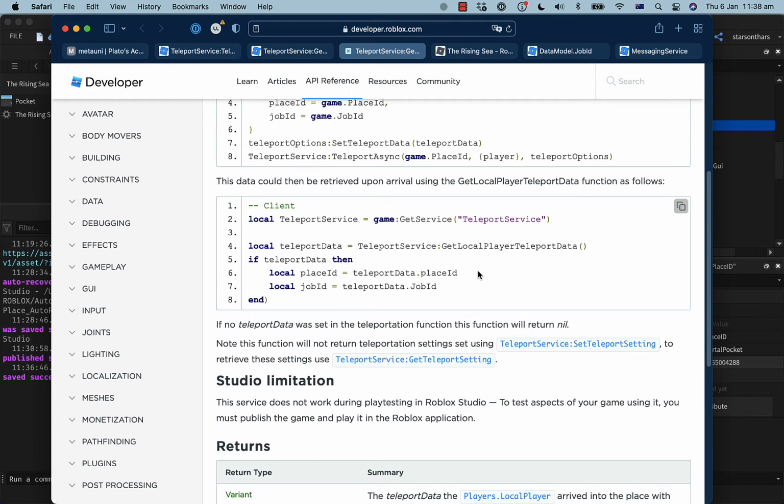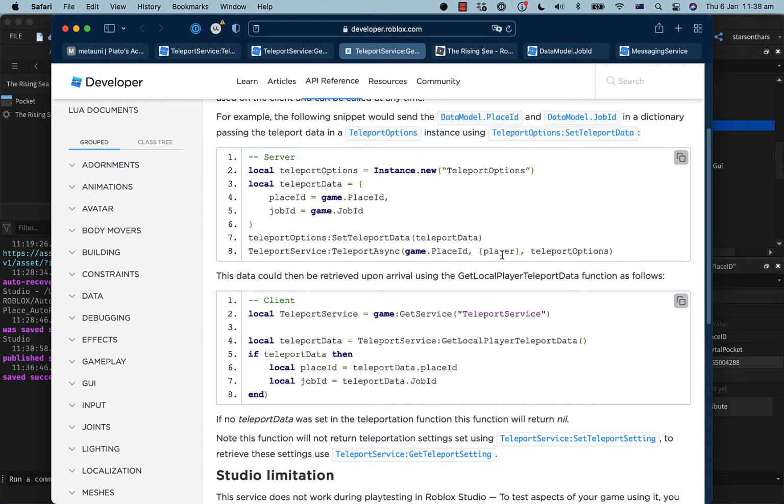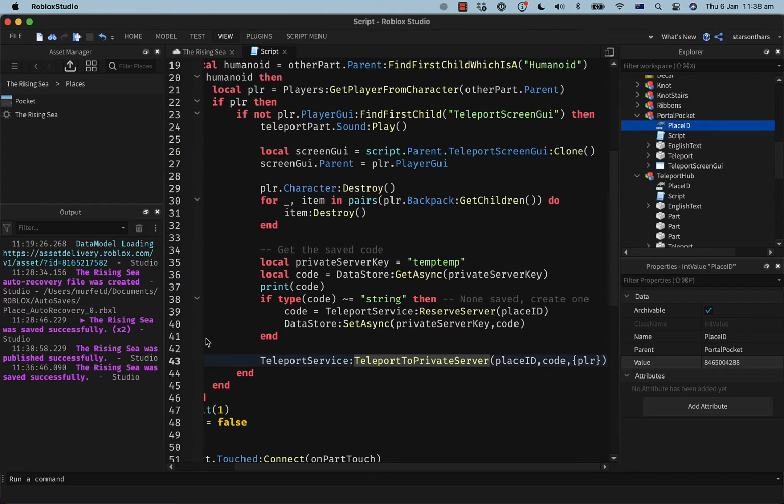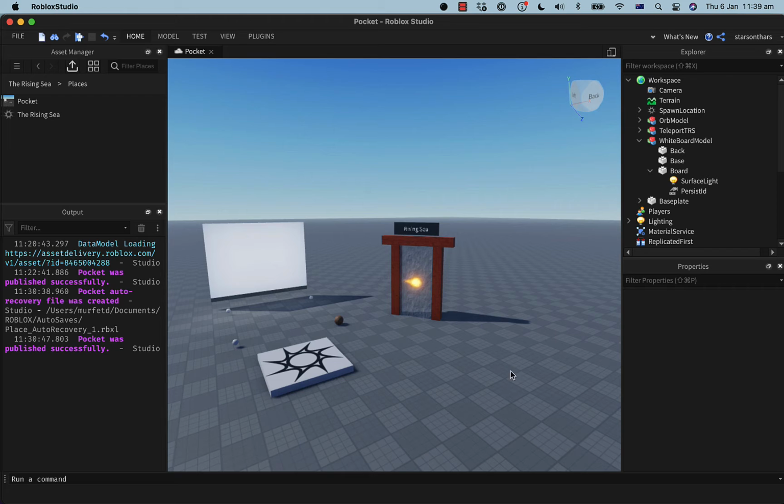Oh, so you set this data when you leave the Rising Sea, and then you can see it when they come back. No, this would be set in the pocket before they teleport back to TRS from the pocket. That's where I imagine this happening. But we could also set it the other way. How do you get back to TRS? At the moment there's a teleport that's put in there by hand to do that.